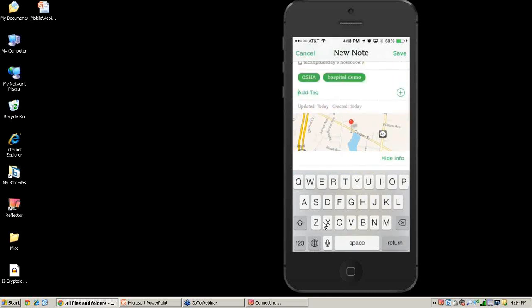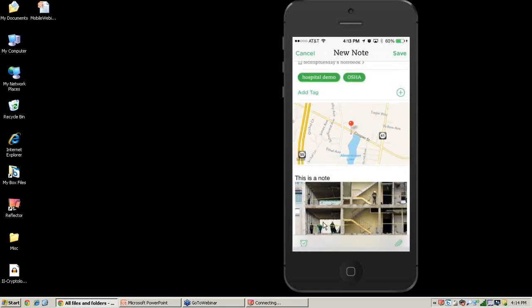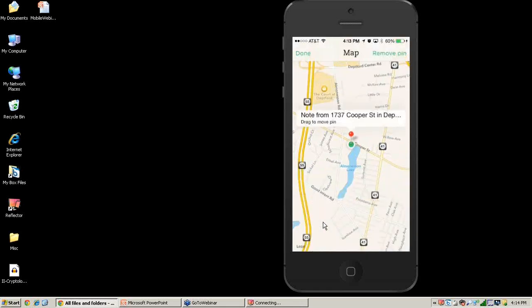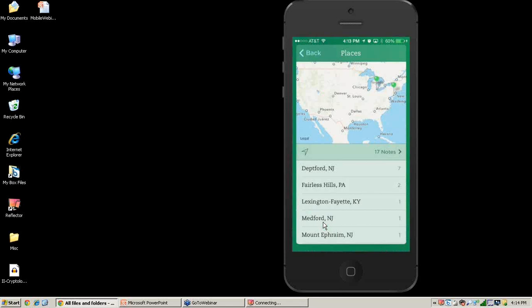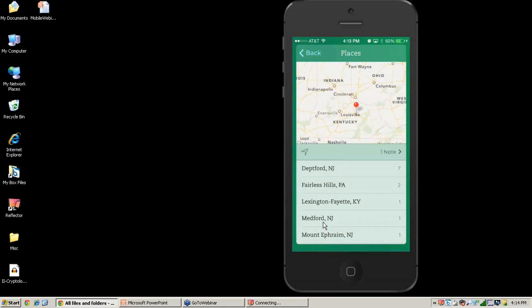But one of the other great things that Evernote does is what's called geolocating the photos that you took. So I can see exactly where I was when I took that photo on that project, meaning that another simple way for me to search for these notes, if I don't feel like going into the folders, is to look for any notes that I've taken in certain locations. So for example, I was on a trip a few months back in Louisville, Kentucky. While on that trip, I had to keep an expense report.